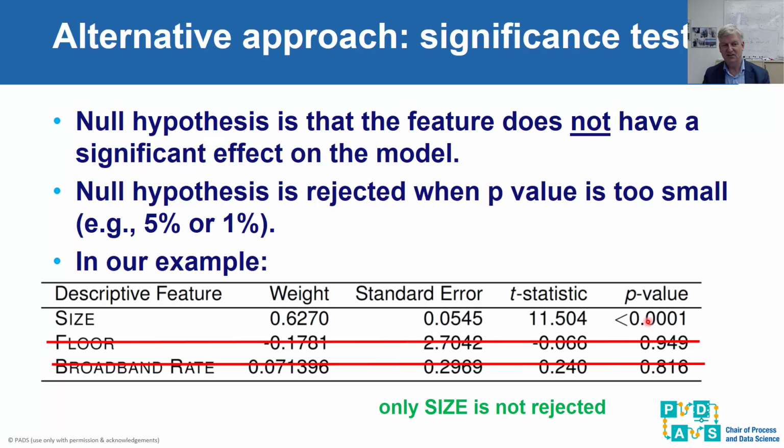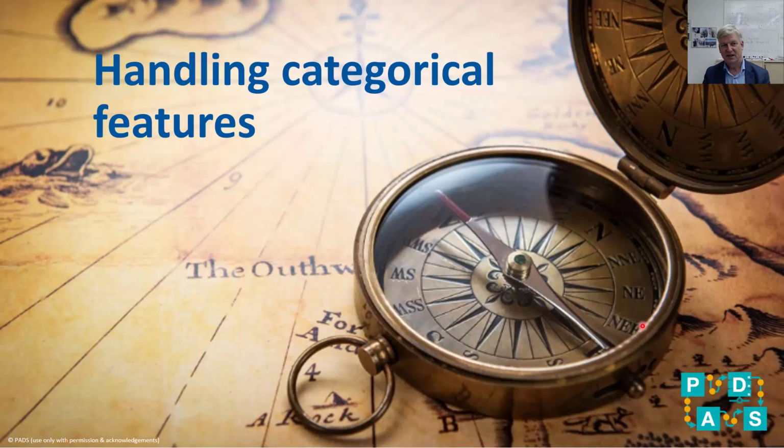So the implication is that only size is not rejected. The other ones, like floor and broadband rate, using this hypothesis testing, we decide that they are not that important. Okay, so that was dealing with the situation that we have multiple